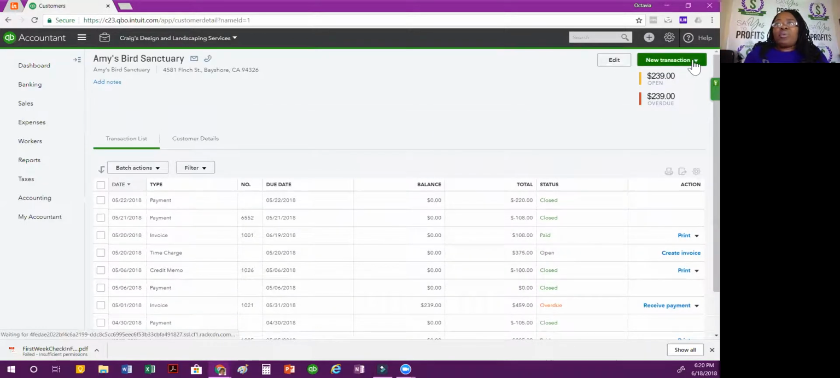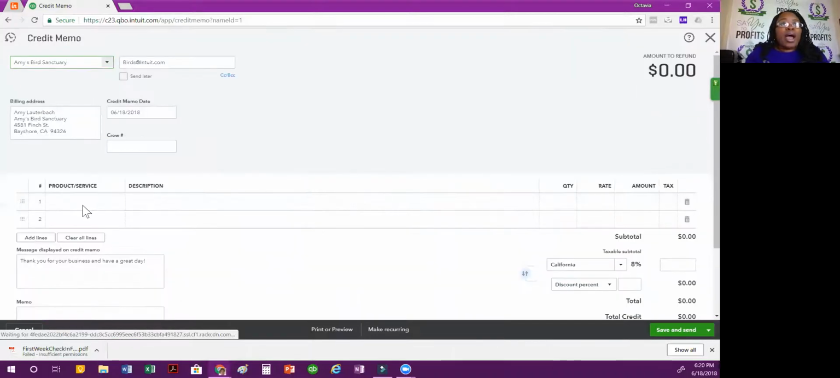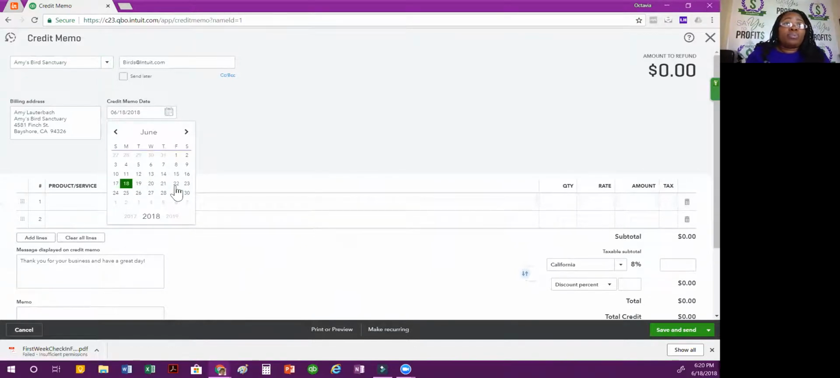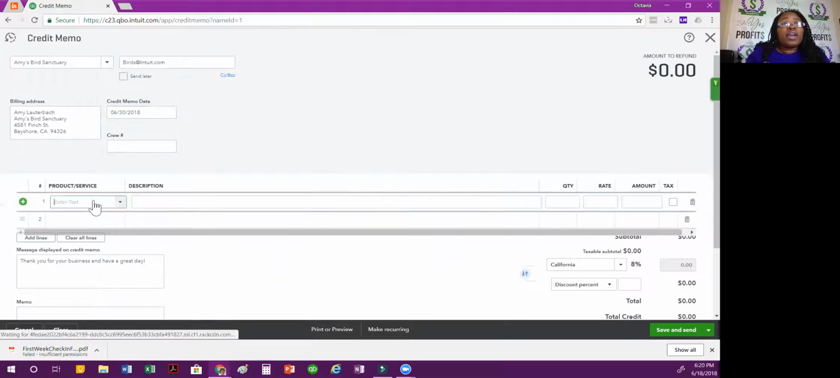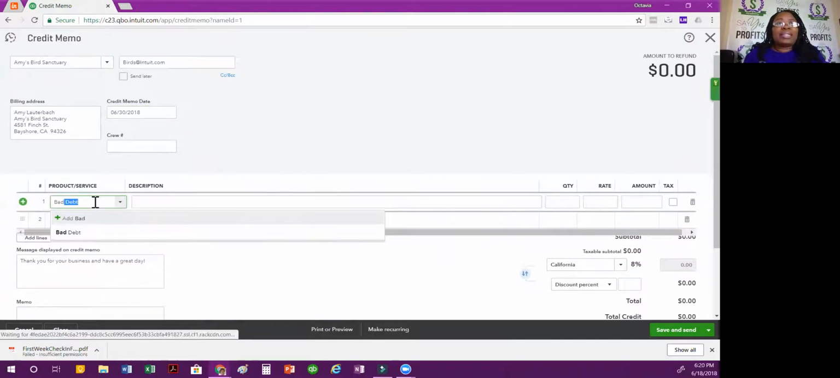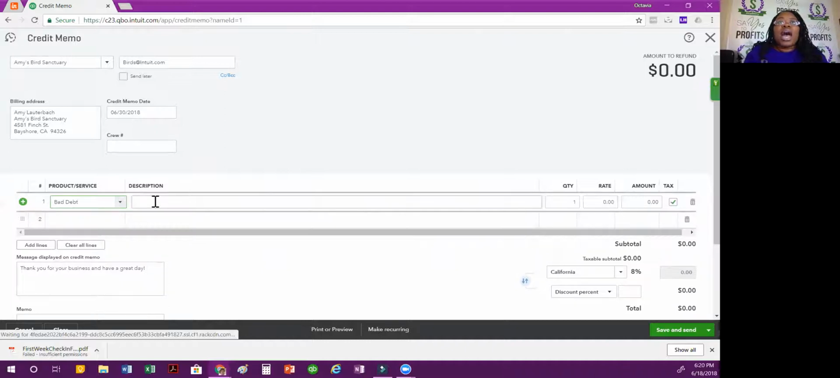You're going to go at the top where it says New Transaction, and you're going to select Credit Memo. Once QuickBooks has the drop-down screen, you're going to change the date to today's date or the end of the month. So I'm going to click June 30th, and now I'm going to select Bad Debts. I can then write it's for invoice 237, and I don't really know what the invoice number was, but I'll just say invoice 237. You want to write some type of description here just in case you have to go back and take a look at it. So we'll just put that there, and the amount